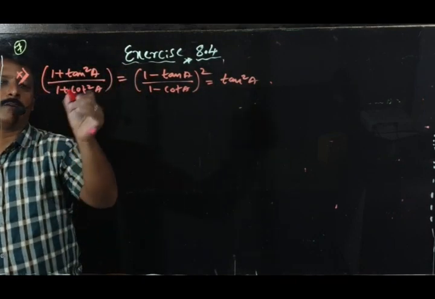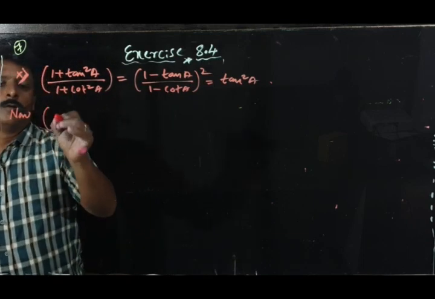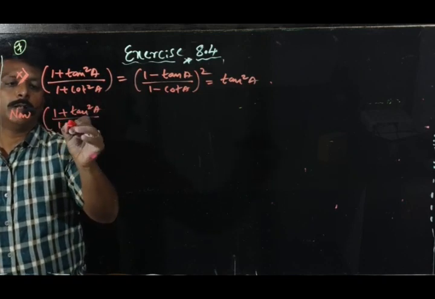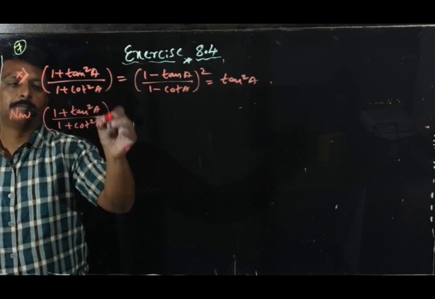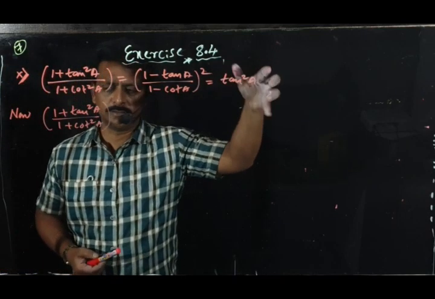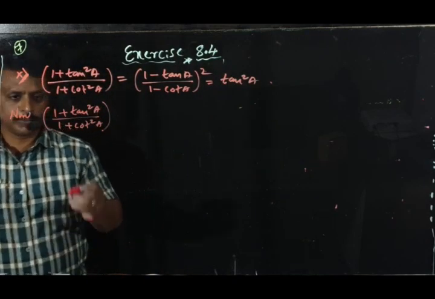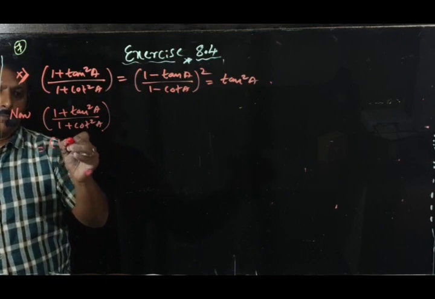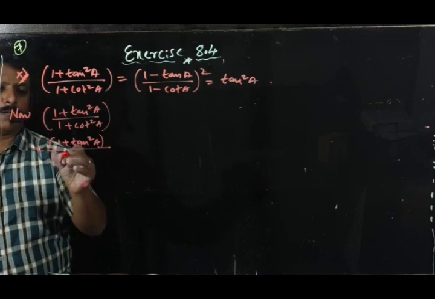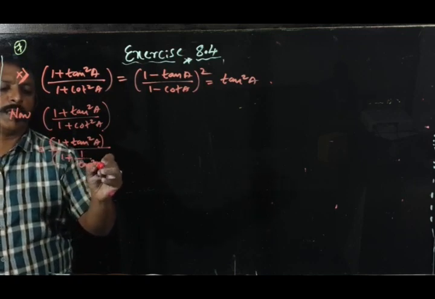So I am going to take the first part. Now I am not going to say LHS. Now (1 plus tan square A) divided by (1 plus cot square A). Use your brain. Anyhow, we want to get the answer as tan square A, so don't change this tan, only change cot. How to change it, sir? 1 plus tan square A; in the denominator I am writing 1 plus cot, which is nothing but 1 upon tan square A.